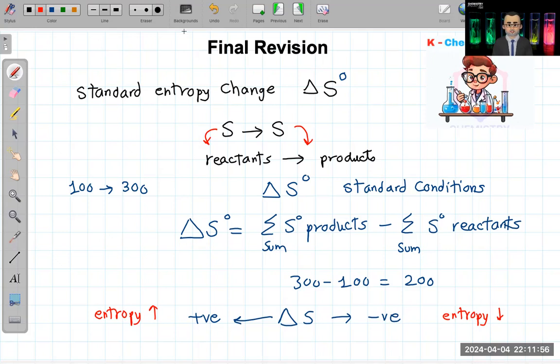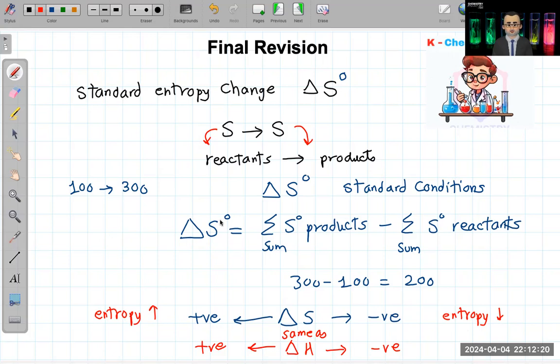The same way we used to say delta H is negative and positive. When we said negative, it means it's decreasing due to the loss of heat or loss of enthalpy. And when we said it's positive, it means it has increased due to, for example, an endothermic reaction, which added some heat or enthalpy to us. So same as delta H, negative is decreasing and positive is increasing.